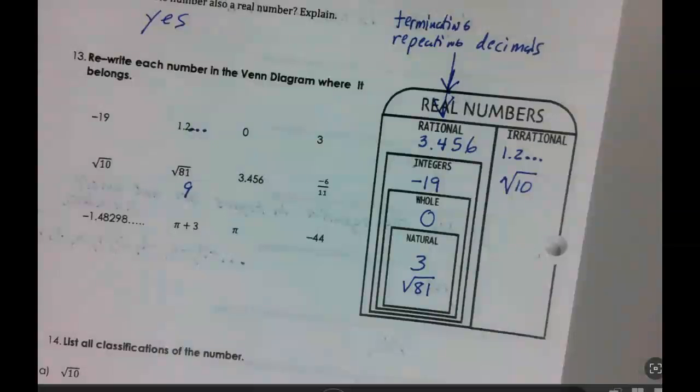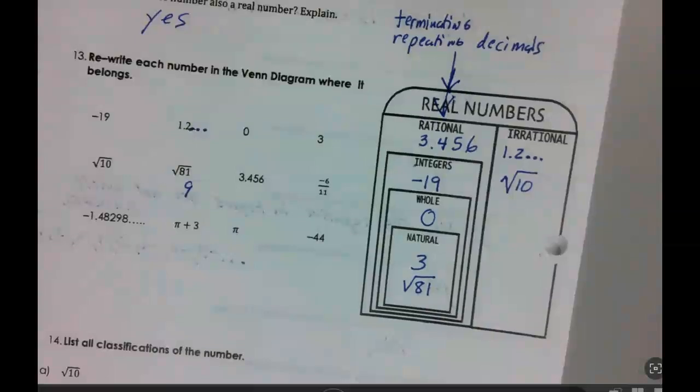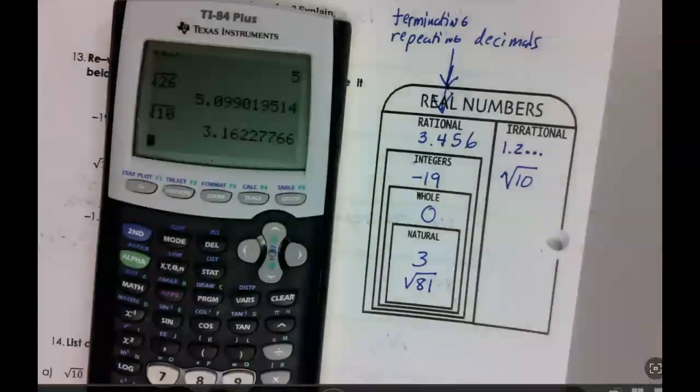What about negative 6 over 11? Excuse me, I don't have my readers on. Negative 6 over 11, isn't it? Well, we should know right now it's a what? It's rational because it's a fraction, isn't it? But look what happens. If I put it in my calculator, I can prove it. What kind of decimal do I get? I get repeating, and aren't repeating decimals rational? Correct? But you should know all fractions are rational numbers. Correct? Okay.